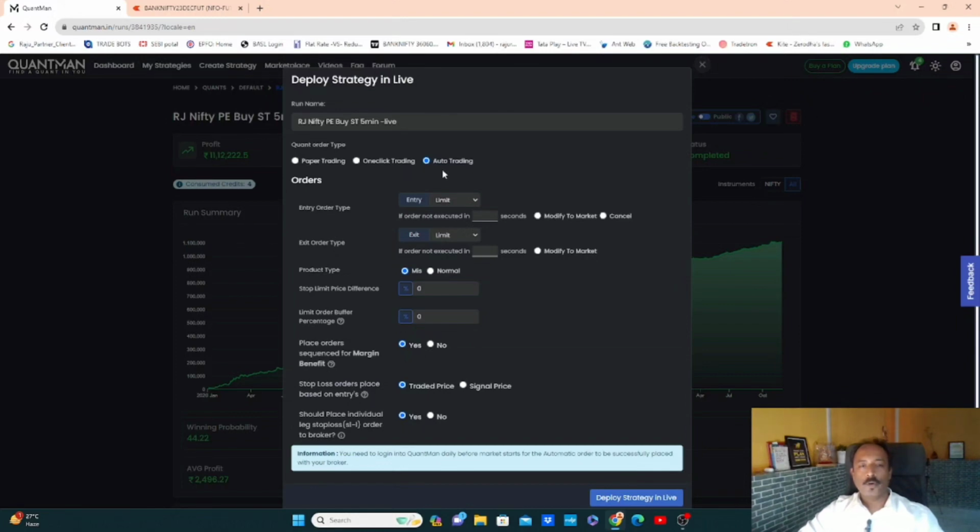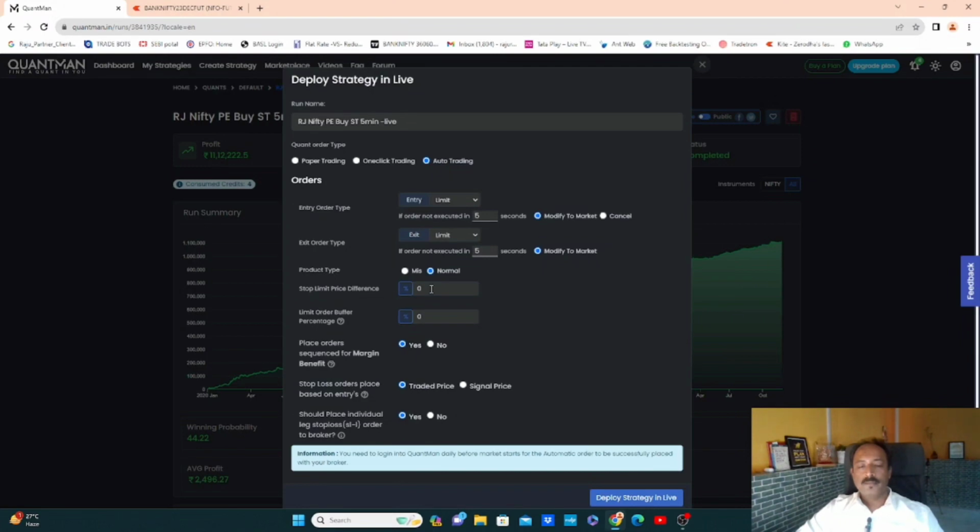So once you choose auto trading, to reduce the slippages, it is always good to go with the limit order. See, limit order, and if the order is not executed after 5 seconds, you can modify it to market. So it is better always to give this, so that it will try for a limit order, and after 5 seconds we should not lose the trade, right? So it will place it as a market order. You can choose the product type as normal or intraday. It's left to you. MIS is for intraday, and normal will go up to 15:25. If your broker is squaring off at 3 o'clock, choose the normal one and keep it.